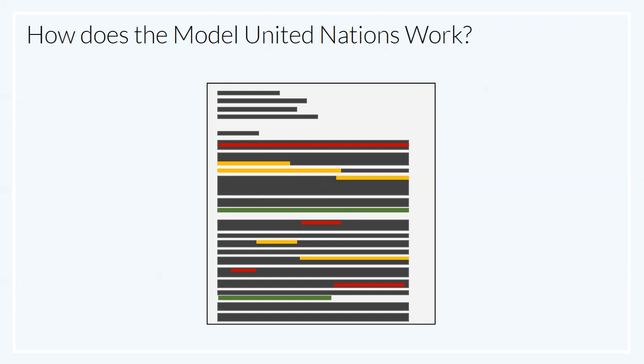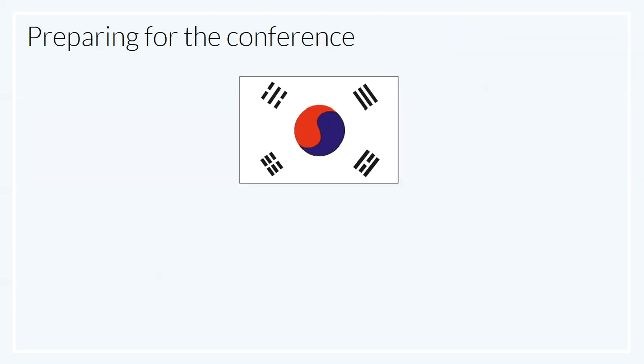You need to understand your country's position in order to be able to make deals, to recognize when you're not giving out the house for a simple amount of support, and understand what's acceptable and what's not. So, let's imagine we're the Republic of Korea, who I've been calling South Korea, but technically will be the Republic